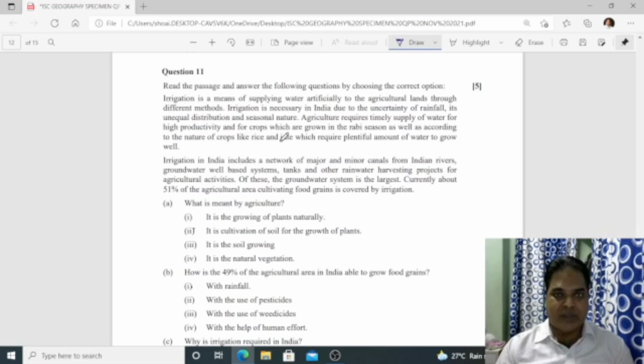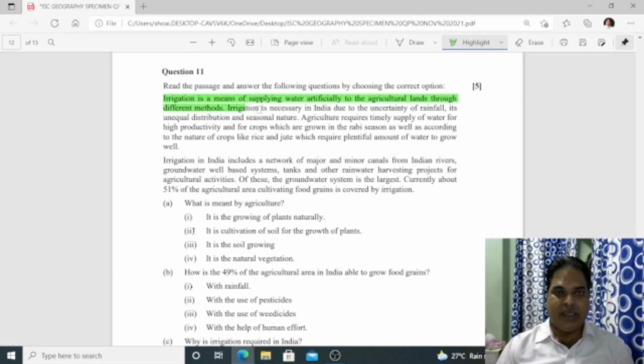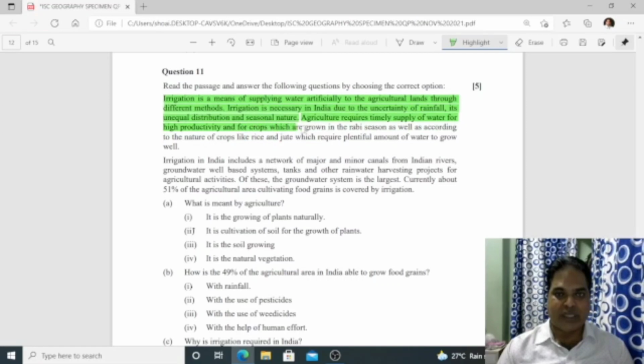Irrigation is a means of supplying water artificially to the agricultural lands. Okay, let me highlight it. Means of supplying water artificially to the agricultural lands through different methods. Irrigation is necessary in India due to the uncertainty of rainfall, its unequal distribution and seasonal nature. Agriculture requires timely supply of water for high productivity and for crops which are grown in the Rabi season as well as according to the nature of crops like rice and jute, which require a plentiful amount of water to